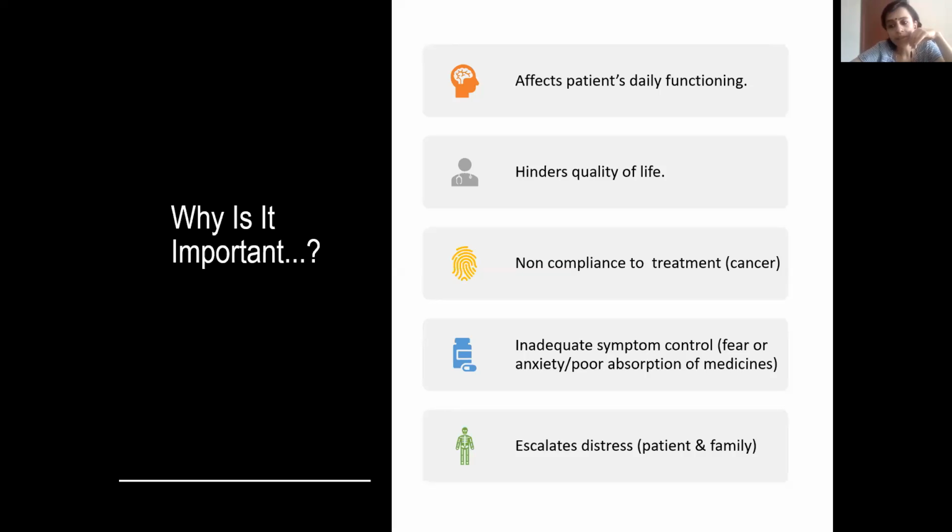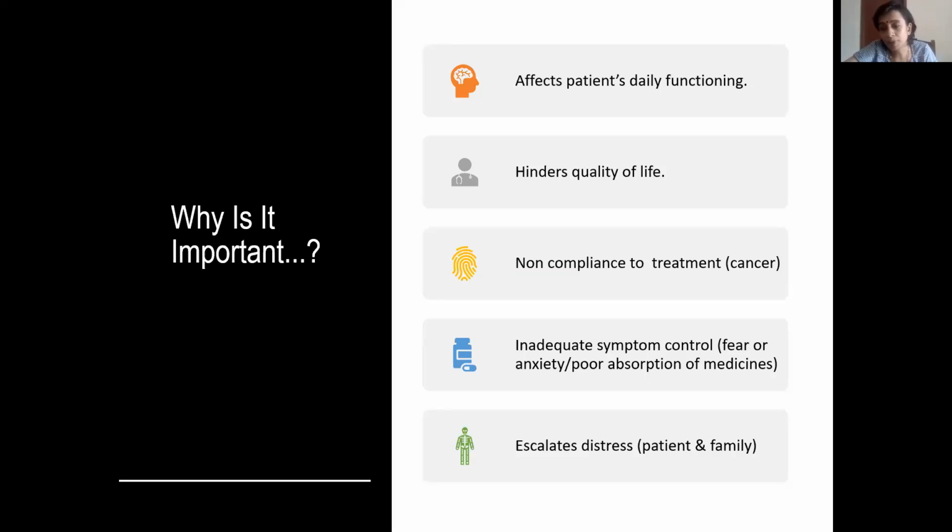So what happens when the patient is having uncontrolled nausea and vomiting? They'll have difficulty in taking medications, or sometimes they'll be scared. A small example would be the moment we hear about cancer chemotherapy, everyone will be scared about either hair loss or vomiting. So vomiting is a really dreadful symptom to many, and most of the time the non-compliance to many treatments may be due to poorly controlled symptoms, which includes nausea and vomiting, because they'll be scared to take the medication. What if I vomit and I don't want to go for chemotherapy?